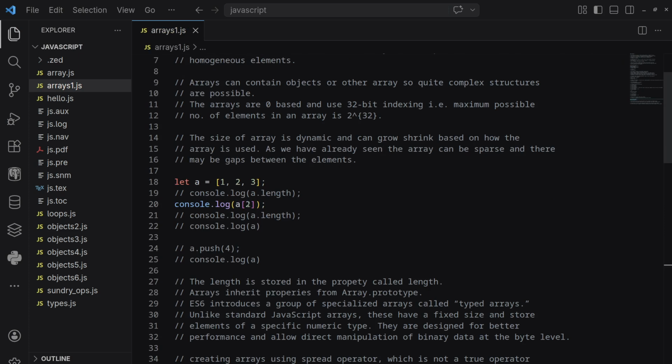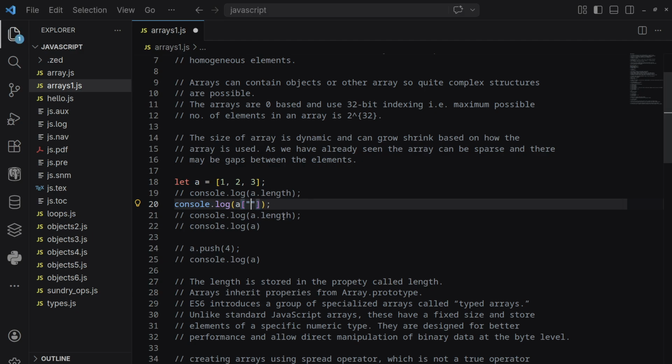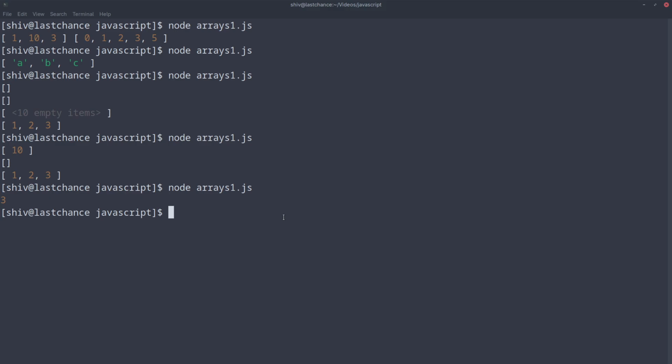So the index is first converted to a string, and then that string is used to get the property from the array. For example, you can pass it, say, "2", and you will see that it will still return 3. Also note that it is possible to pass a floating point number. That will also work, because in JavaScript,